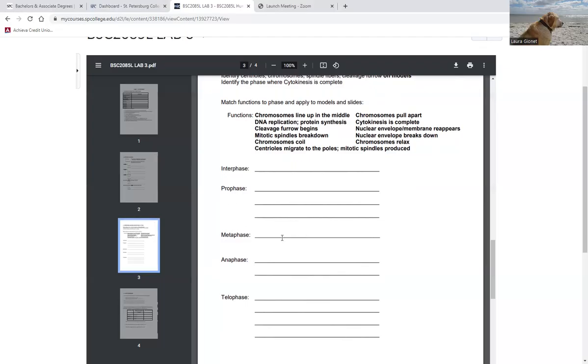There's kind of a way you can think of this. Metaphase is in the middle of these 5, and metaphase is the middle stage, and chromosomes line up in the middle. Or they actually line up in a linear orientation. The mitotic spindles drag them to the middle, and then we're going to pull them apart. So in anaphase, chromosomes pull apart,